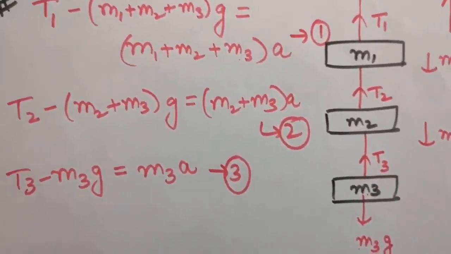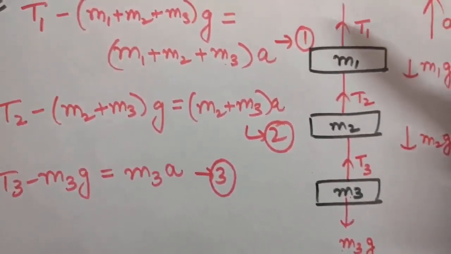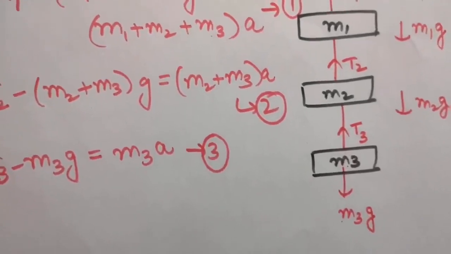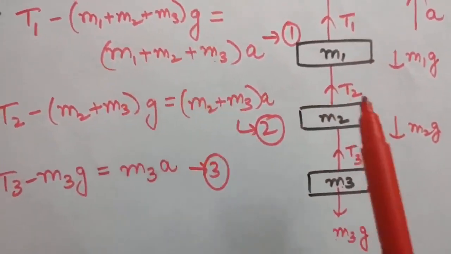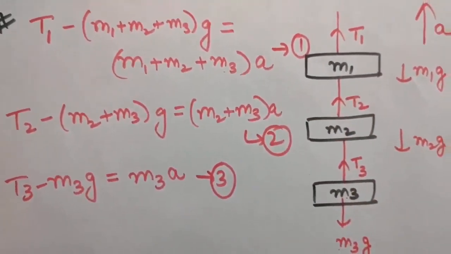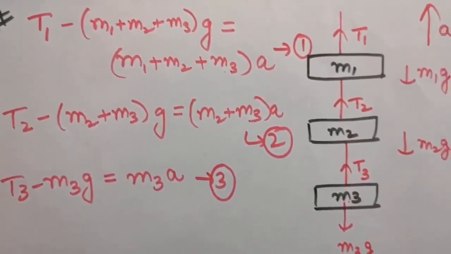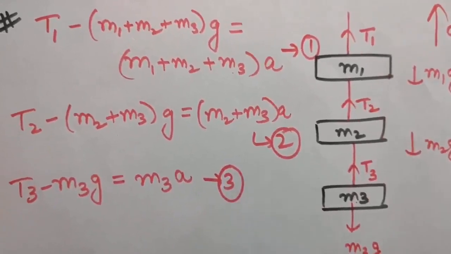So remember this, if the blocks are connected to each other, then the upward block will be pulled due to all the blocks that are down to it. Okay, so for this equation we have taken therefore all the three masses. Okay, so now according to the question, if m1, m2 and m3 are given to you, you can easily calculate T1, T2 and T3 in the different strings.